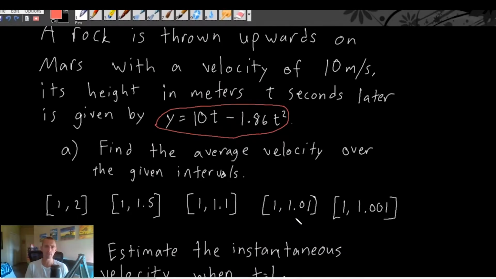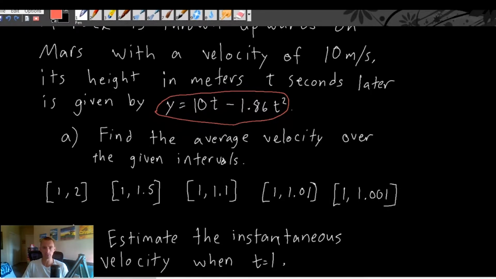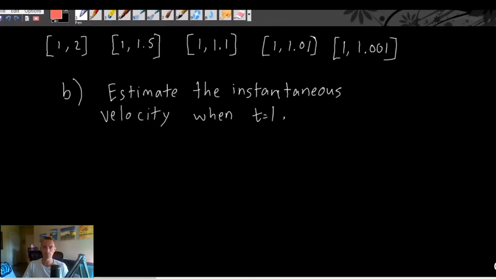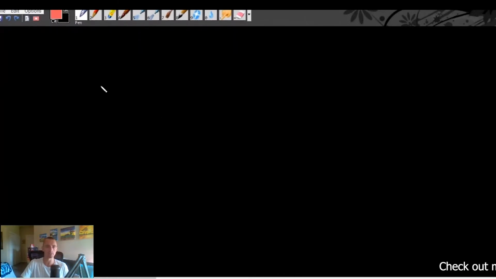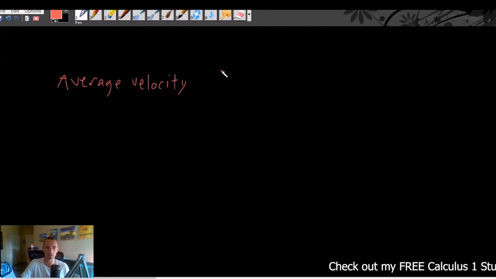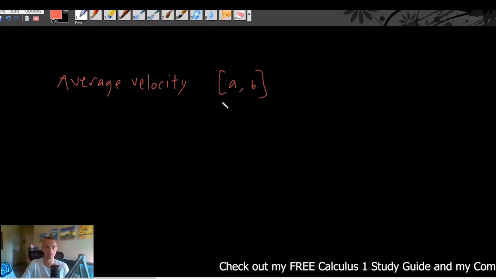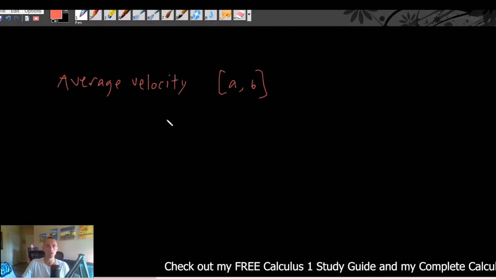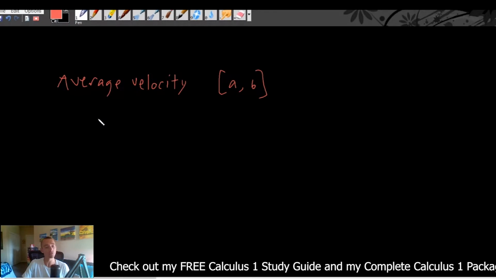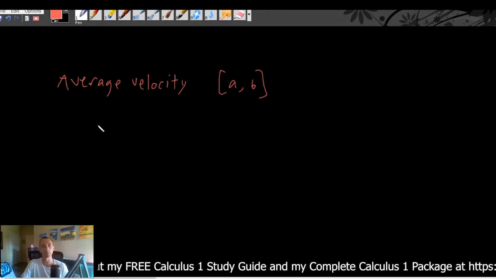How you actually find the average velocity is really pretty straightforward. There's just going to be an average velocity formula that you're going to use. So the average velocity formula, if you want to find the average velocity on a given interval, let's just say from A to B, two given numbers that you want to find the average velocity over, you're going to need, first of all, this is if you have a function that models your